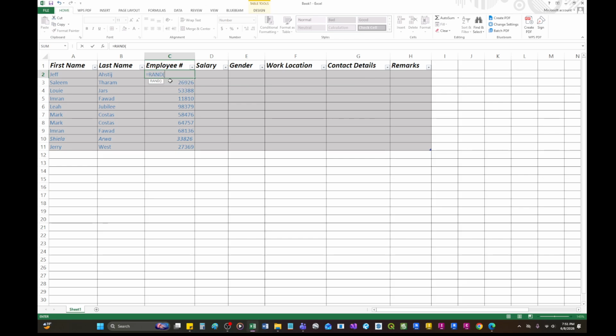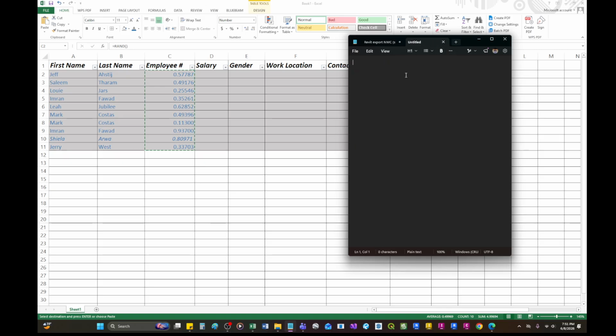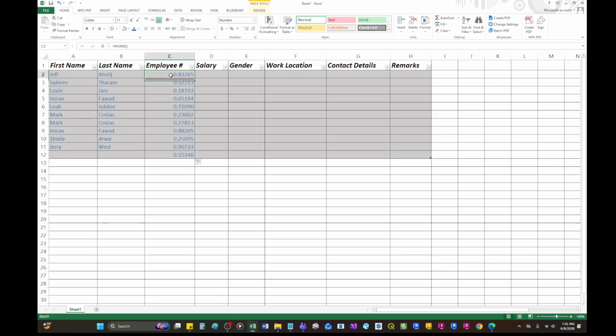I just put the equals rand, meaning random. For example, if you would like to create some values randomly, you just do this one. And then if you would like to adjust how many decimals, you just go to this one. Left side will increase the decimal, right side will decrease the decimal. So if you pull it like that, it will increase the decimal. To quickly create this one, you just copy this, then paste here, and then try to convert this into a text.